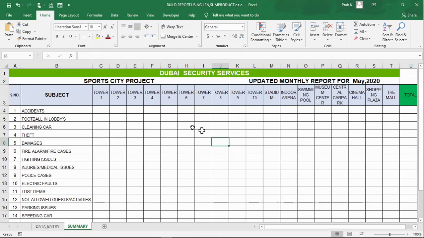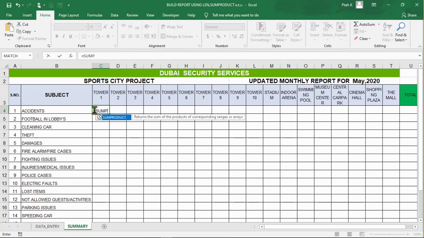So in this sheet, we have Tower 1, and these are the activities. So we need how many accidents were in Tower 1, how many cases of children playing football in the lobby were in all these buildings here. So here we will need the formula that counts the total, just like the one we made, but substitutes the character that represents accidents. So we jump in and say equals SUMPRODUCT,